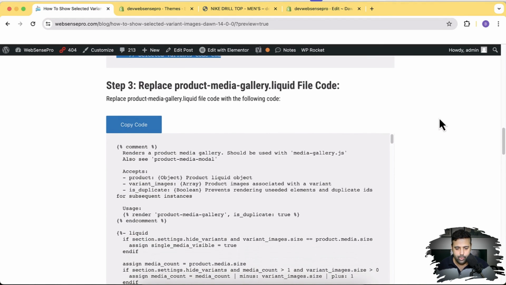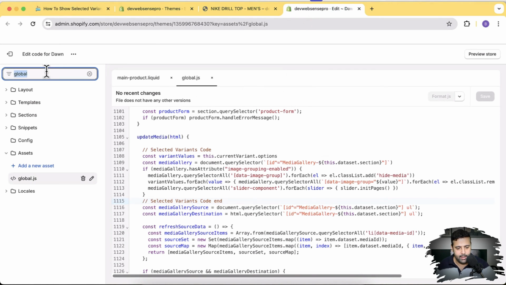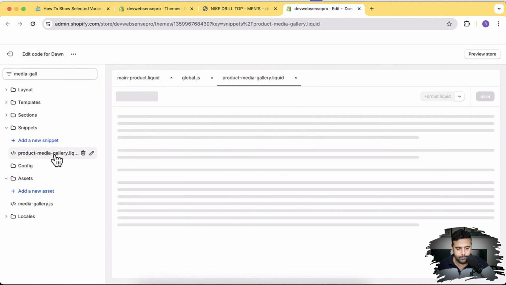Here we will replace the product-media-gallery.liquid file with the following code. So we'll be replacing the complete file. Let's go and search for the file. So here's our file, product-media-gallery.liquid. Click on that.